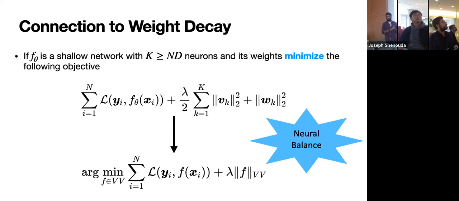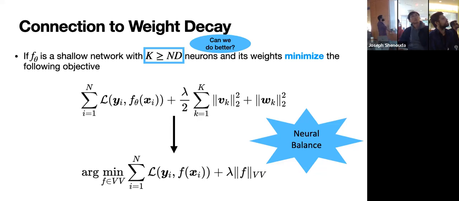Okay. So I said that this was the central thing: if I train with weight decay, then the function I learn at the end of the day is also the function that minimizes this variational problem, and therefore vector valued neural networks trained with weight decay are functions living in this VV space. But I had a weird thing in there, which Karthik pointed out: the number of neurons I need is very large, n times d. And n times d is super big, even for very simple problems. Think MNIST: you have 60,000 times 10.